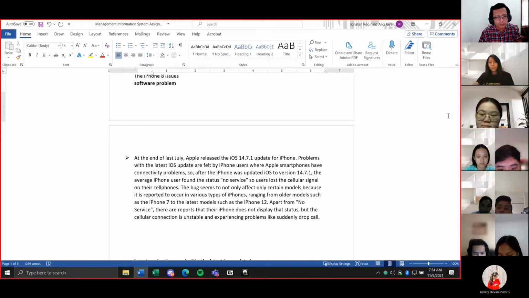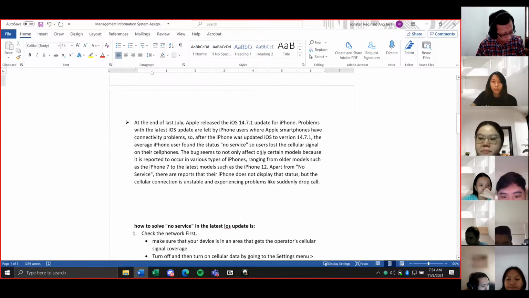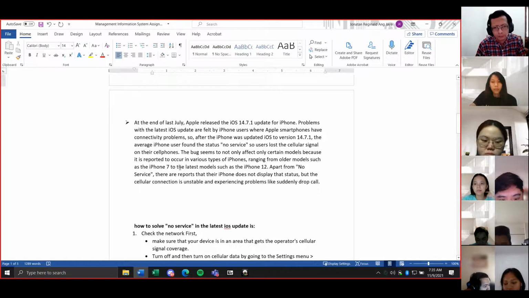After the iPhone was updated to iOS version 14.7.1, the average iPhone user found the status "no service", so users lost the cellular signal on their phones. The bug does not seem to affect only certain models because it was reported on various types of iPhones, ranging from older models such as the iPhone 7 to the latest models such as iPhone 12.